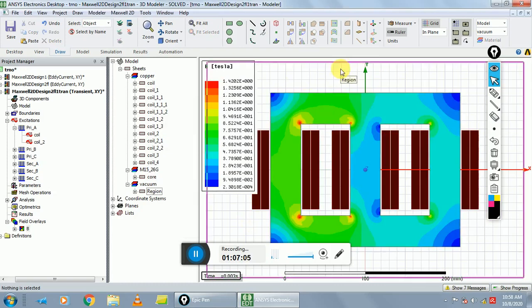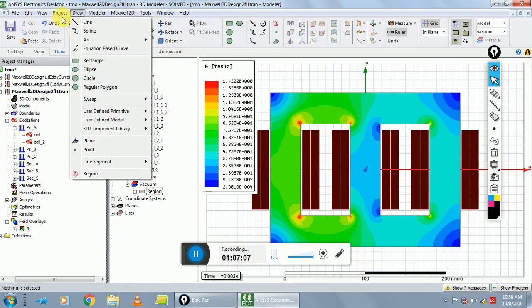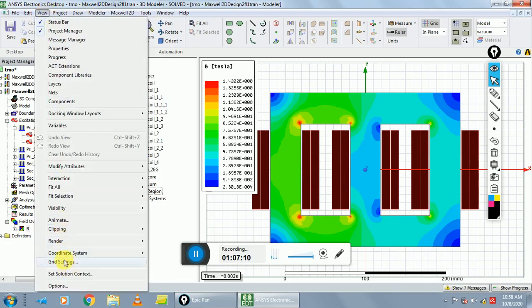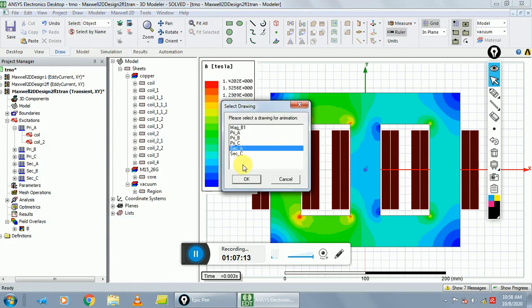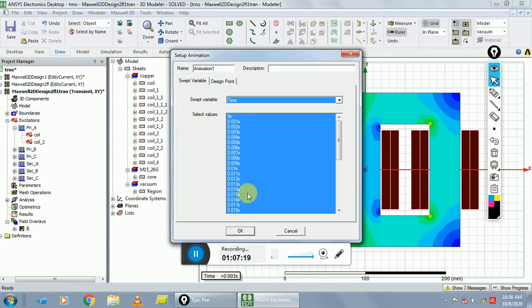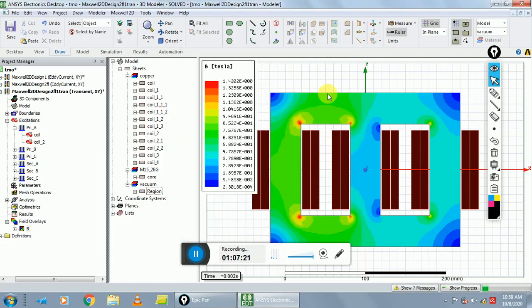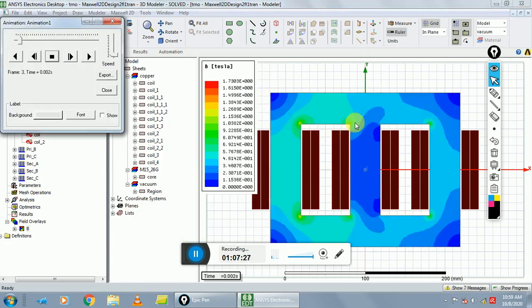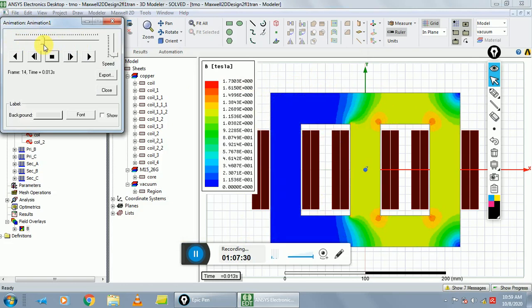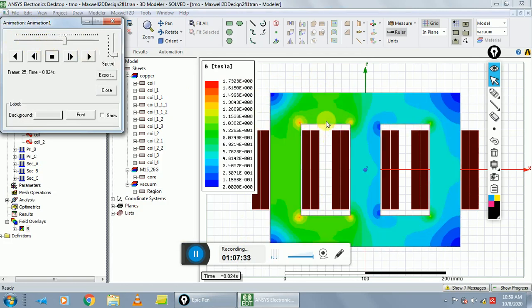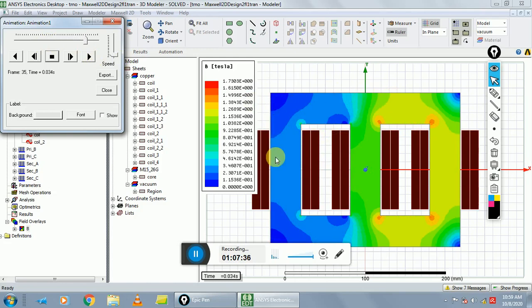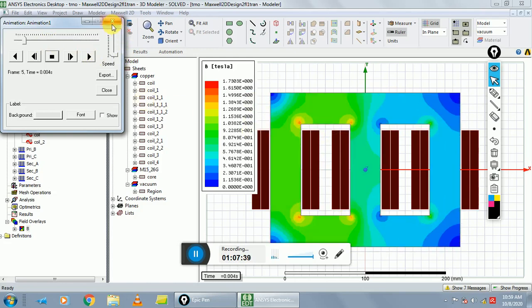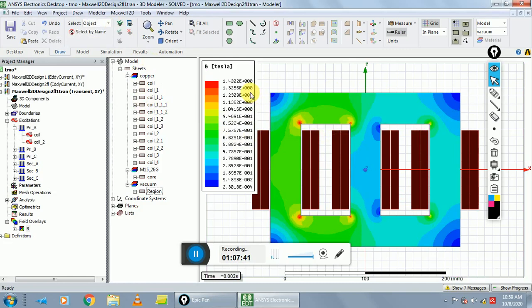After that go to view and click on animate, click on OK. Here we view the flux density plot for 40 millisecond. It changes with time. Here we clearly see. Okay, close this, and next step is plot primary and secondary